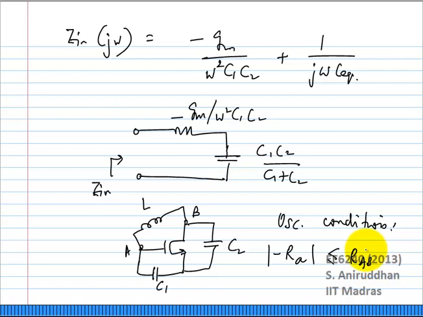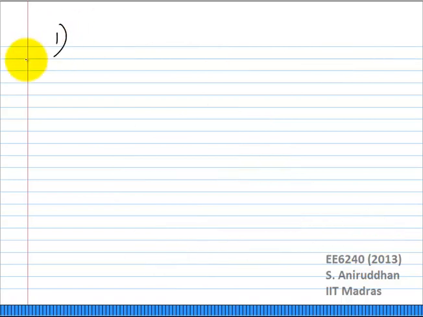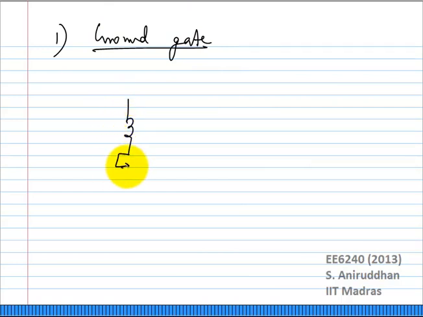Now what is more interesting for us is that so far we have been looking at the signal picture. We have not grounded any particular node, right? We have just been looking at these two nodes relative to each other. Now depending on different bias conditions, or rather depending on which terminal you actually ground, you can get several different kinds of oscillators. Okay, we will take one case. We are going to ground the gate terminal. Okay, if you ground the gate terminal, and this other end of the inductor is also grounded,